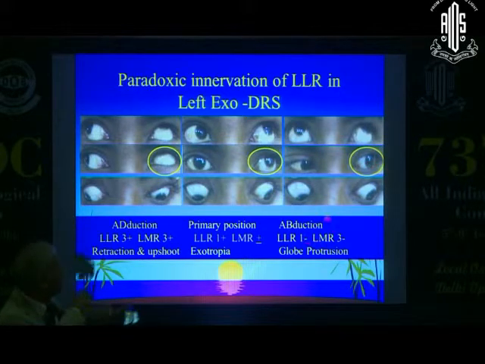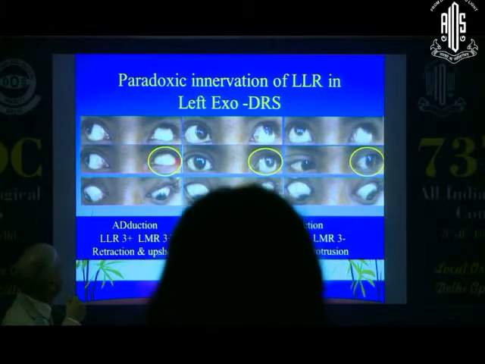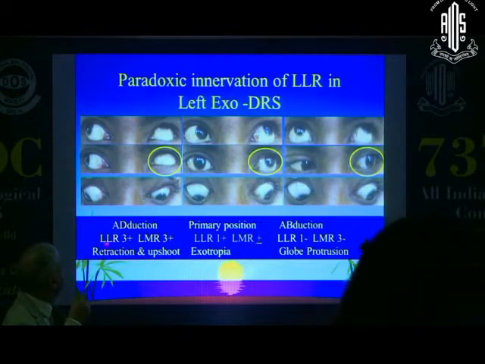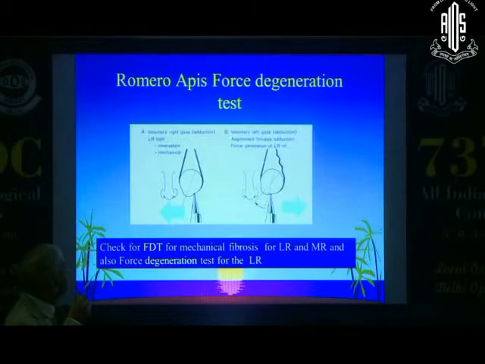And the medial rectus normally, as Sherrington's law says, should have an inhibition of the opposite muscle. It does so, and so there is a globe protrusion. You'll see that the globe actually propels out rather than abduction happening. And on the other hand, on attempted adduction, you'll find there is a retraction because both the LR and the MR are firing. And so this causes a retraction. This causes also an upshoot because of the slippage of the globe on the tight horizontal recti. So this is the basic understanding that you should have.